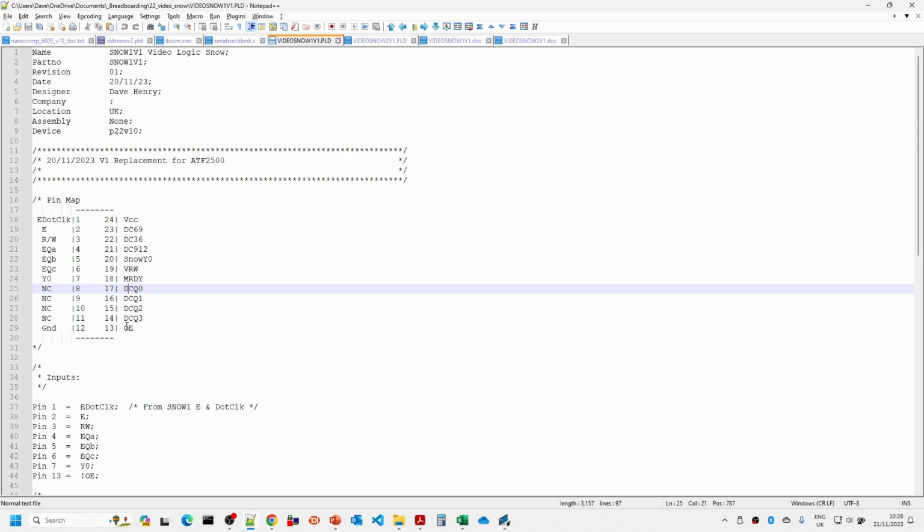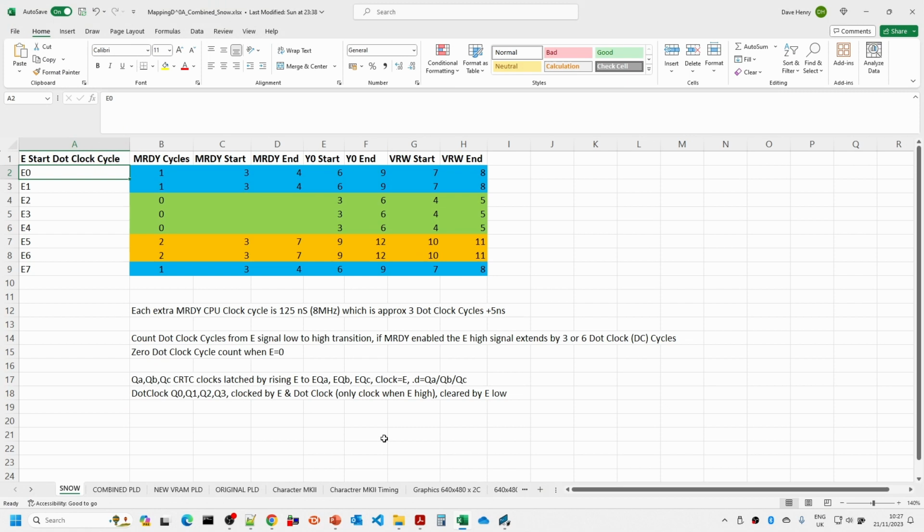And we'll see the rules for this down here. These intermediate terms here were necessary because some of the rules were so complicated. There were too many combinations, so I had to create these intermediate dot clock signals. What these basically say is, if we've got dot clock period 6 to 9, 3 to 6 or 9 to 12, then these signals will go high.